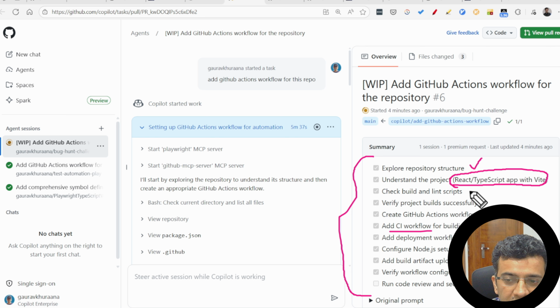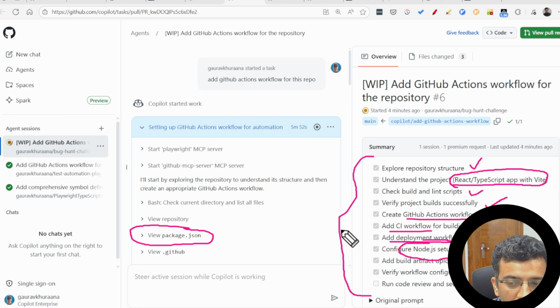It has checked for any errors, tried to build the project, created a GitHub Actions workflow and added a deployment, and which version of Node.js is needed. It has checked the package.json for what dependencies are needed, because your code can only run in CI if all of these things are taken care of by creating the pipeline.